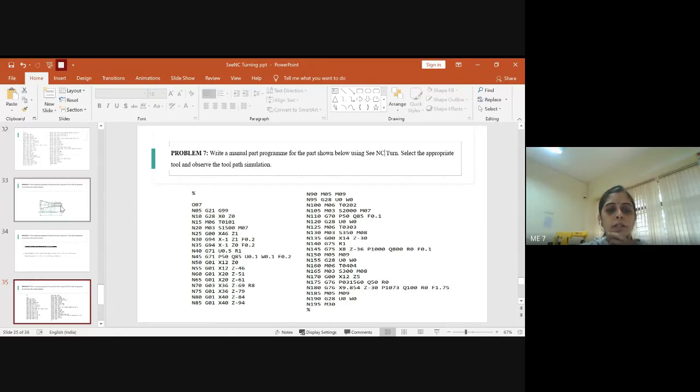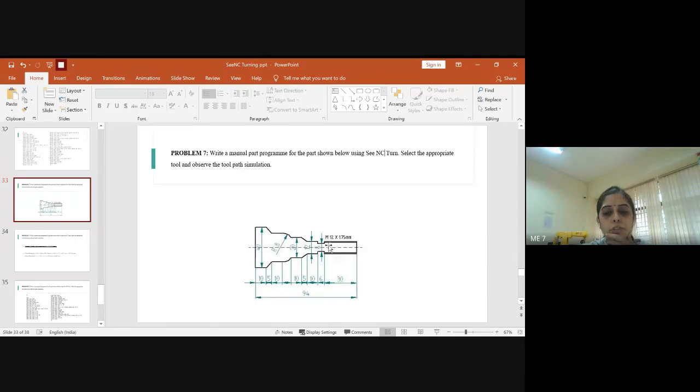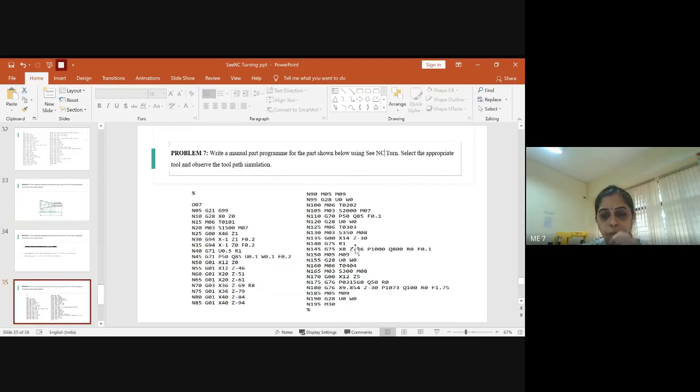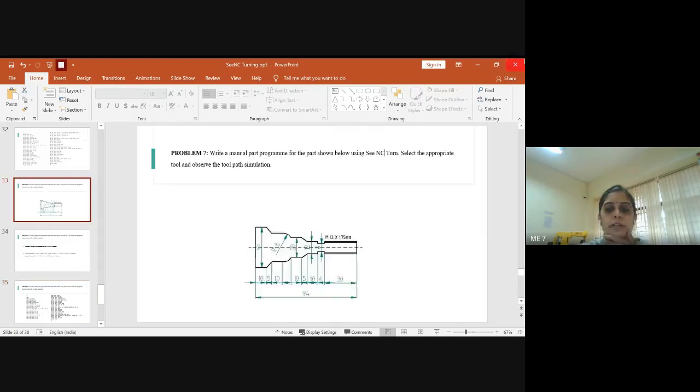Here we need to do groove cutting from this position to this. The overall diameter is 12 mm. The groove depth will be 3 mm on both sides, right? So 12 mm is given overall. Just a second. Yes, X14 is given over here. The final diameter we have here is around 20. Here it is 12 mm.